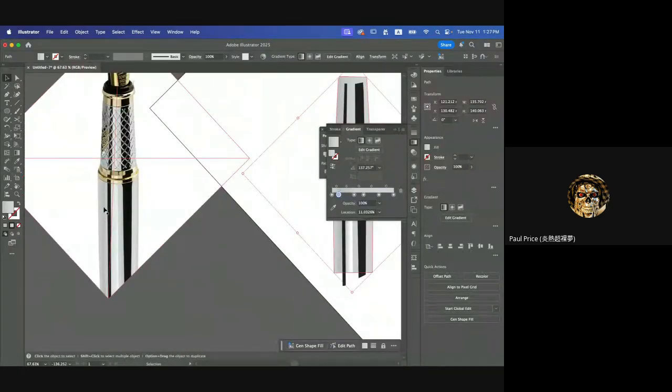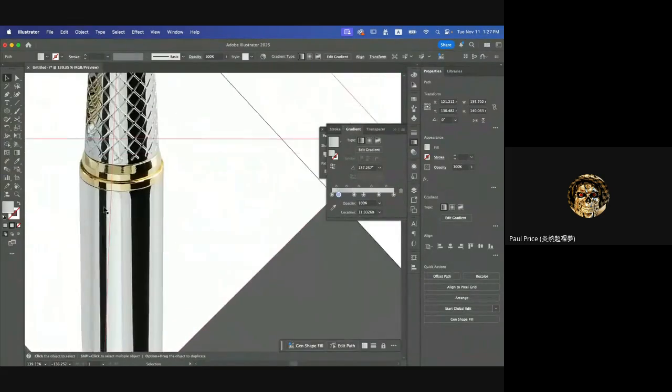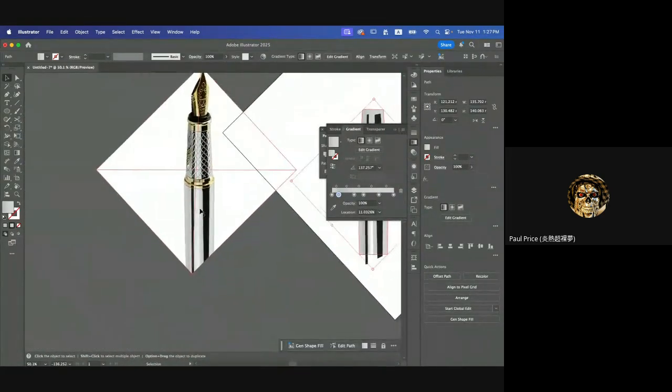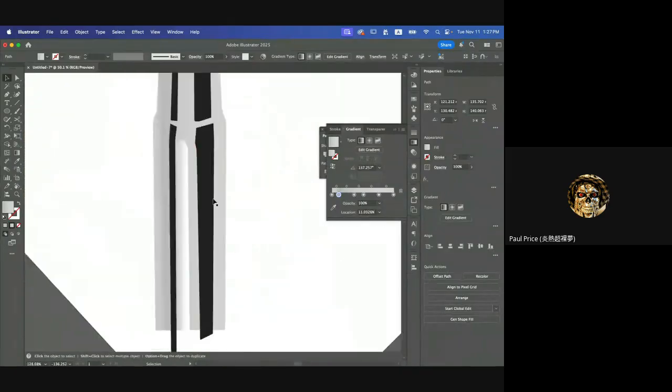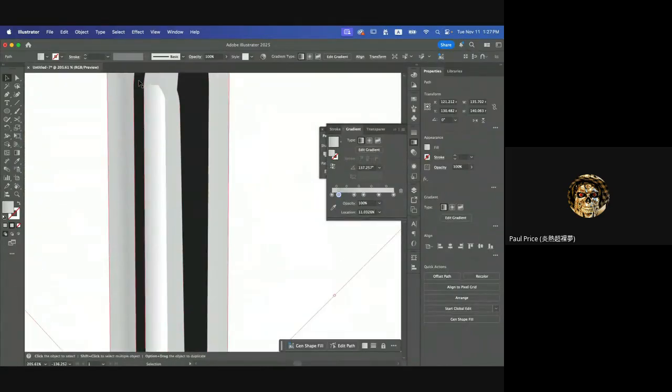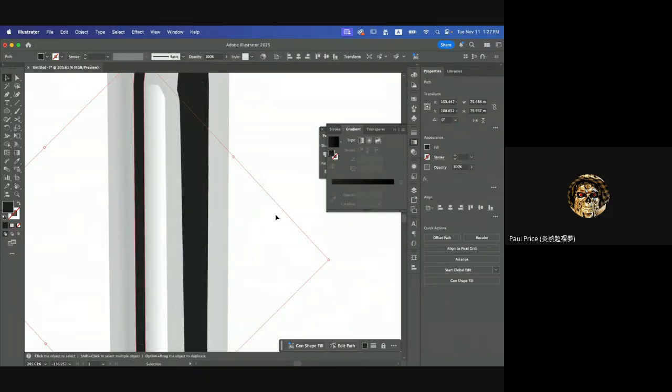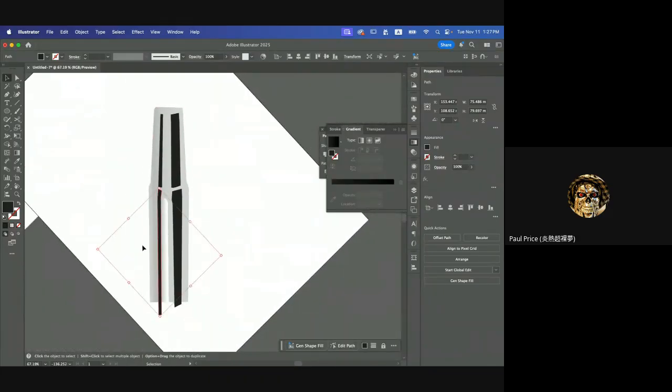Similar to the gradient on the left of the image. So yeah, I think everything is working well, but I want to have that dark area. I think I did already. So arrange, bring to front. Okay, so you can see the reflection